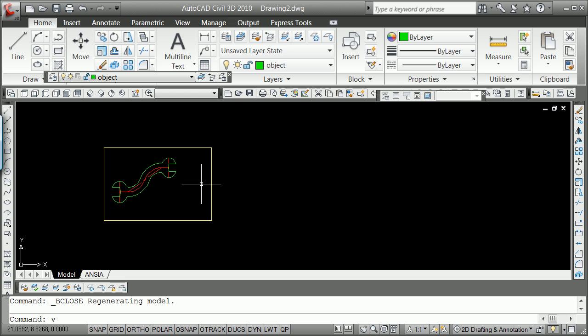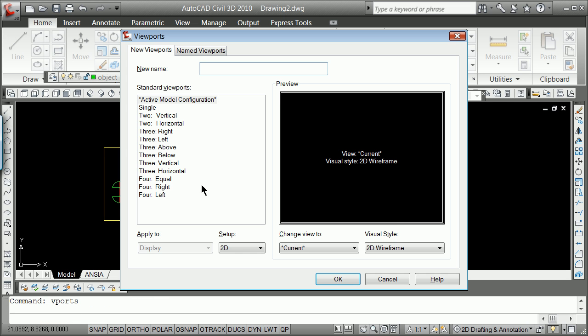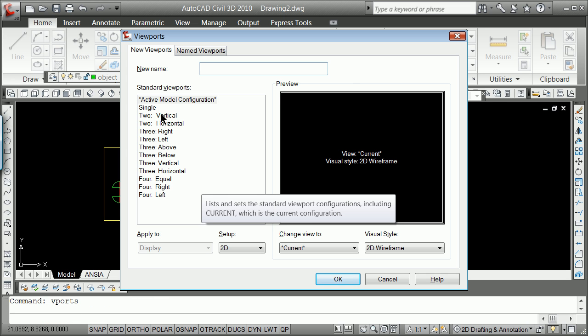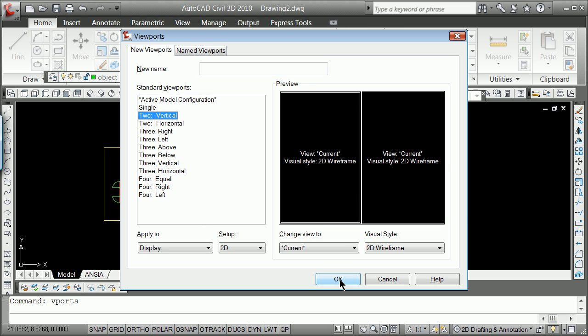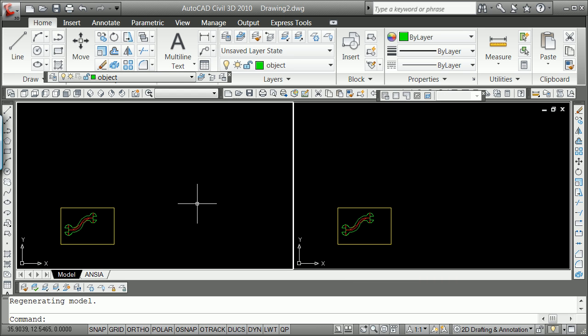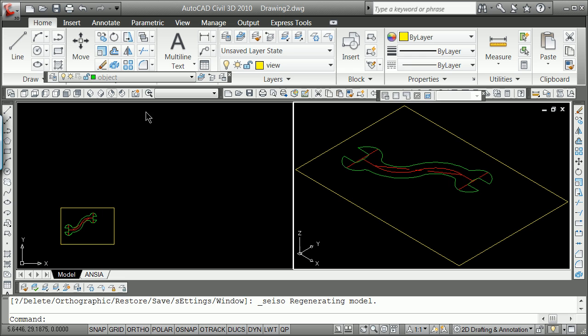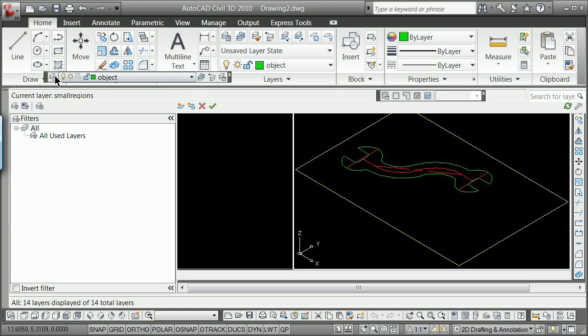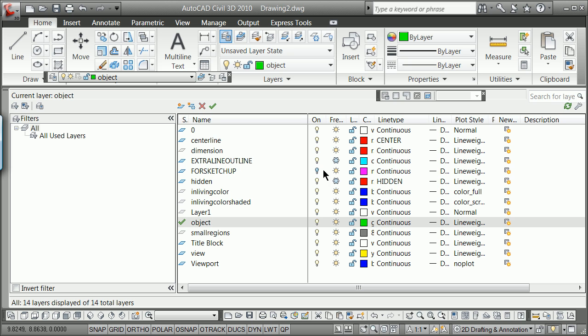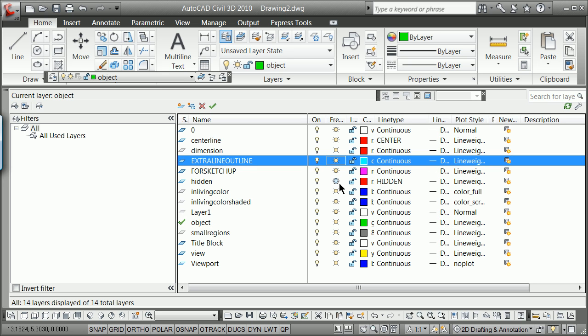So a final great command you should start to learn is vports 2. Okay, I've got 2 viewports here. One is that one, is this one. I double click in one, I change my current. I go here and I can change what I'm looking at, which means now if I turn on all my layers, double click in there, go to my layer manager, and at least turn them all on,